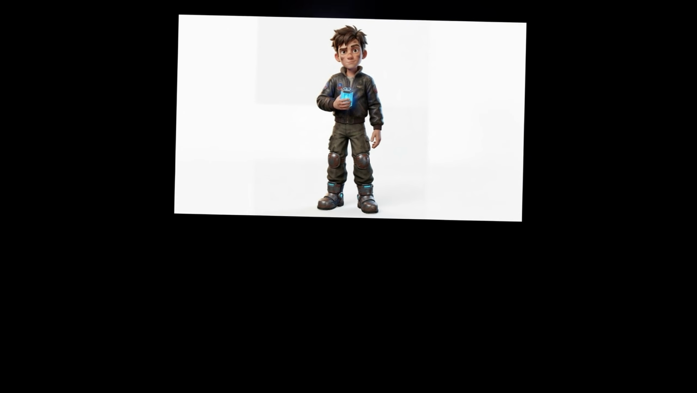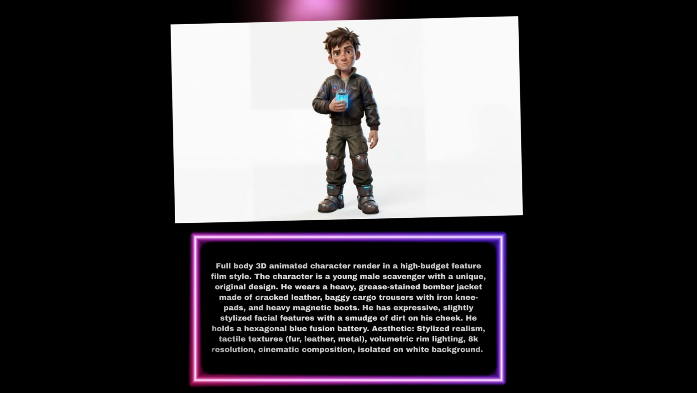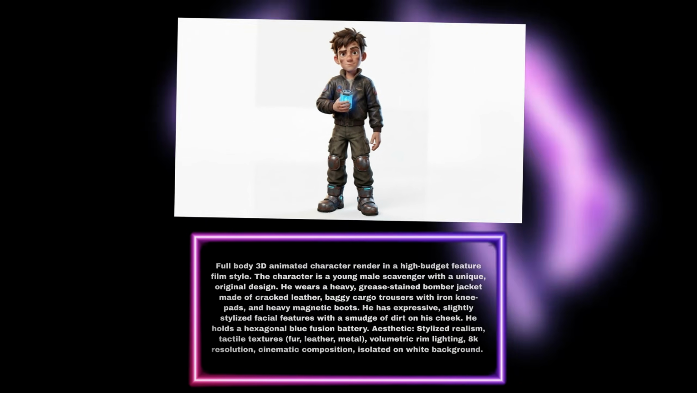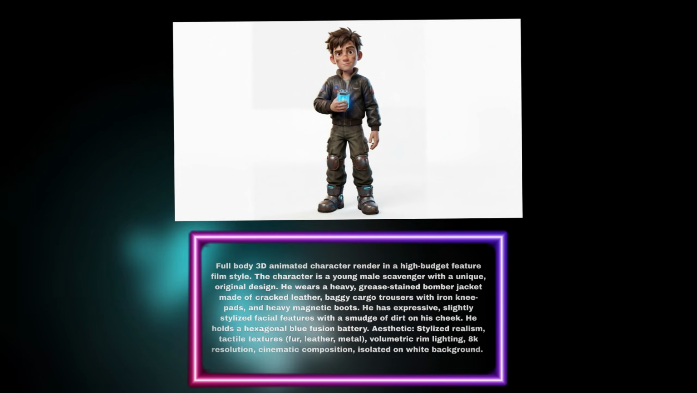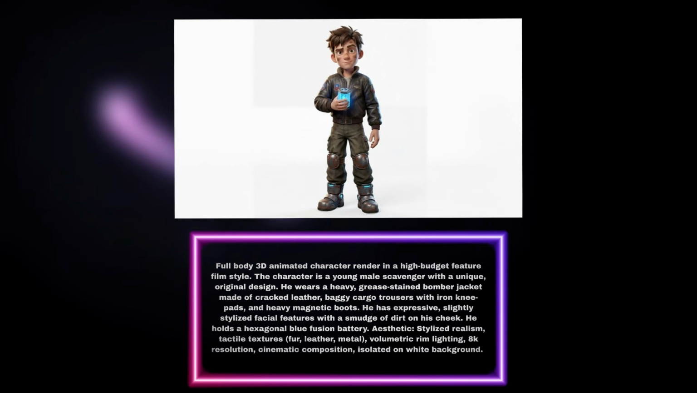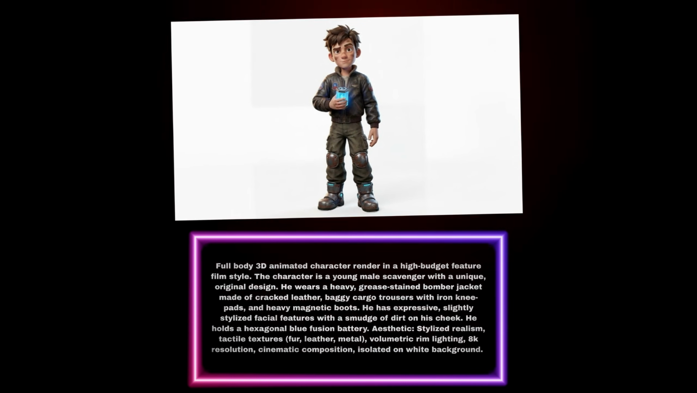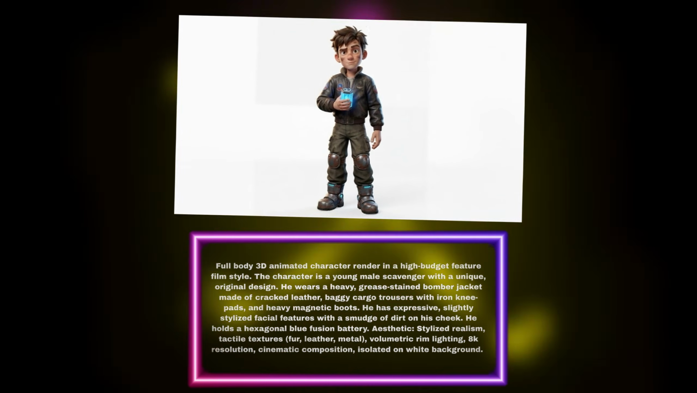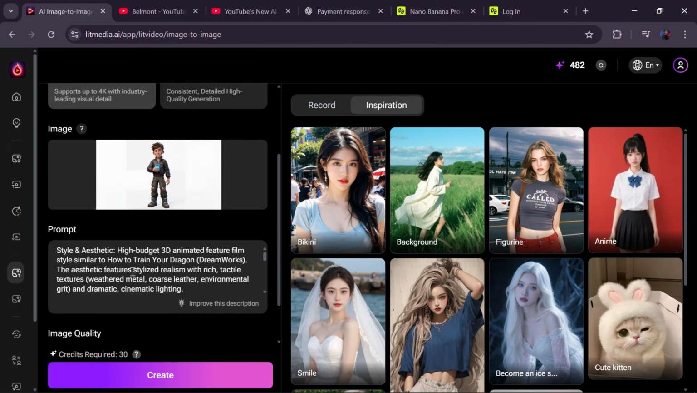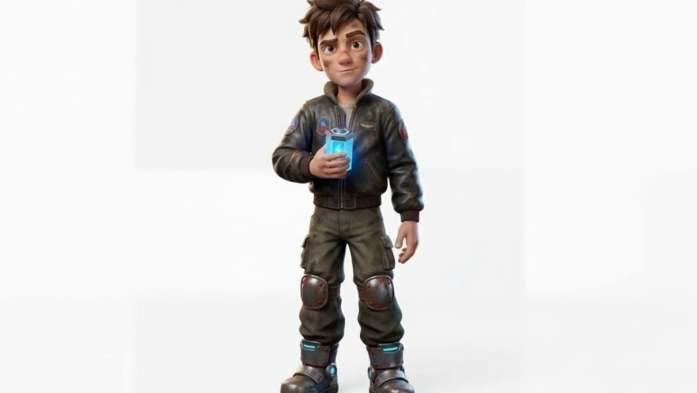And this part is important. Your hero shot prompt needs to be extremely detailed, so take your time here. I describe the character's age, clothing, accessories, facial features, body type, and overall vibe. And I always specify that the character is isolated on a white background, because AI performs better when there are fewer distractions. And after a few generations, this is the one I like the most, so I save it,